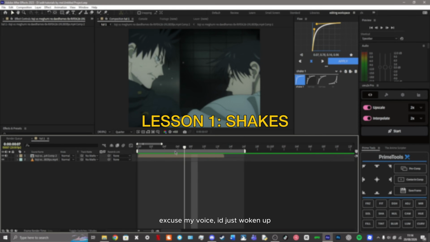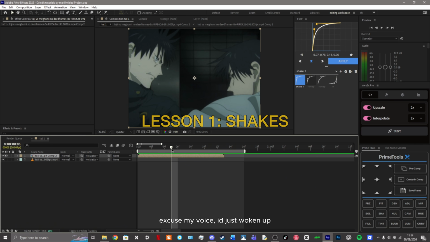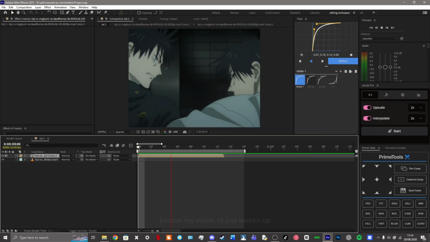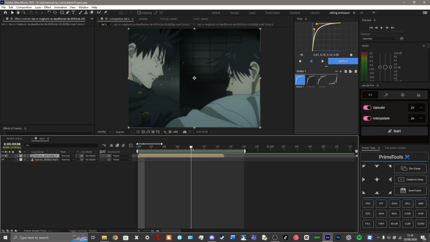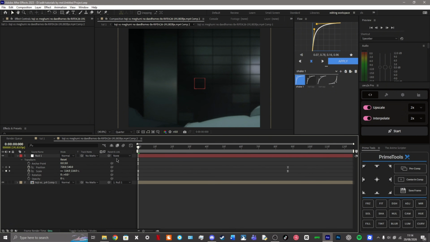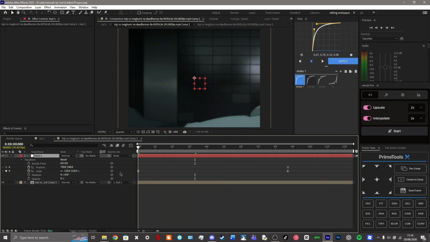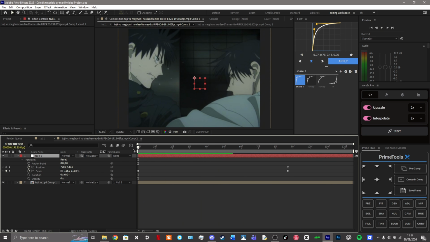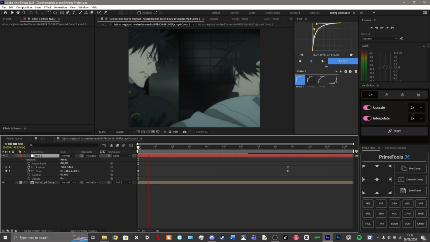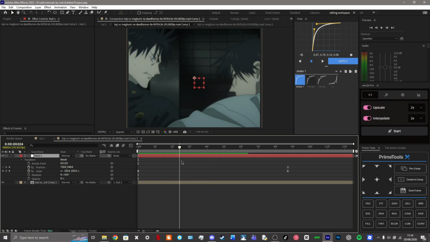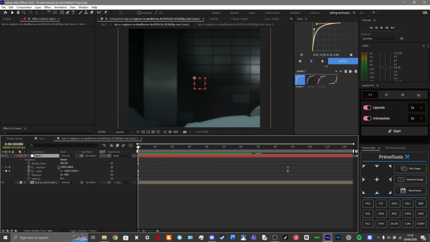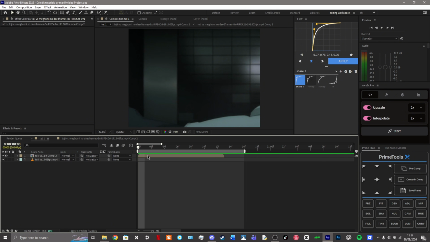Okay, so when you have your clip, you want to make sure that the camera work is all done first. So in the pre-comp I have a null, so this is the camera work that I've done. It's just a simple zoom out just to support the movement. So this will help make the shake look better. I mean, it depends on the clip, but this is what I've done for this. So it's just simple scale keyframes, then I pre-comp that, and then I have this now,